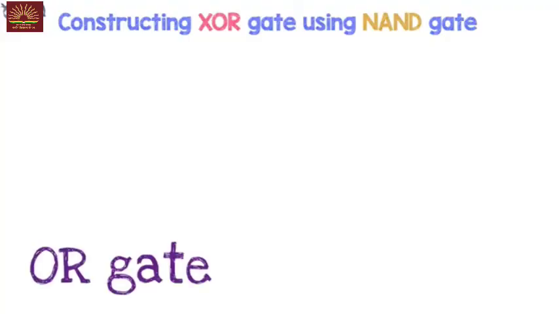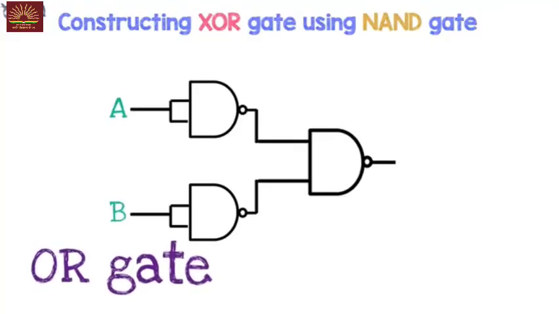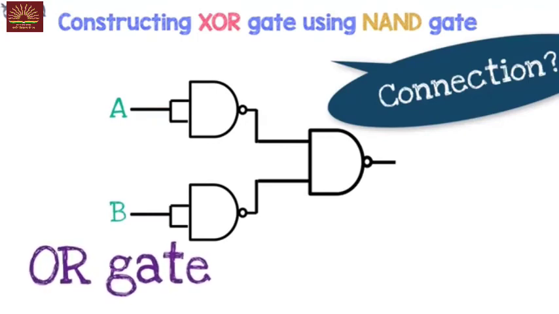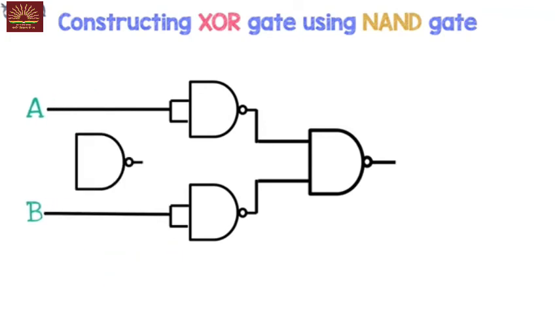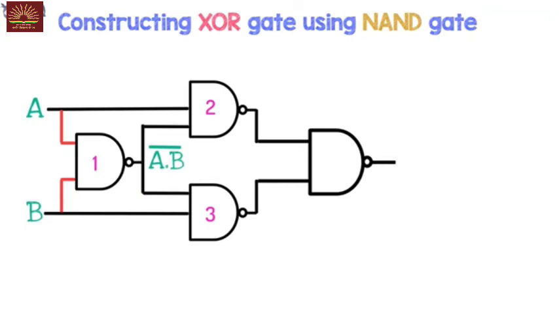I have a feeling that the XOR gate must be somehow connected with the OR gate that we have just seen. But there are 2 changes. We connect a NAND gate at the beginning. So the 2 inputs first go to the first NAND gate. The output is (A and B) bar. The second change is that the second and the third NAND gates won't be single input. They will have 2 inputs. The second input to both will be the output of the first NAND gate. The output of the second NAND gate is (A and (A and B) bar) bar, and the whole term will be complemented. Same goes for the third and the fourth NAND gates.